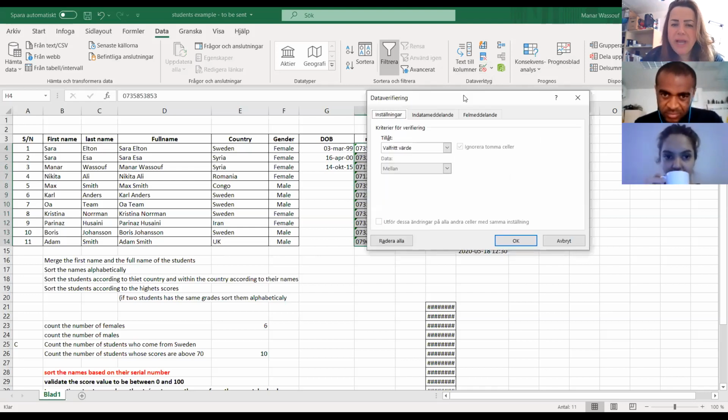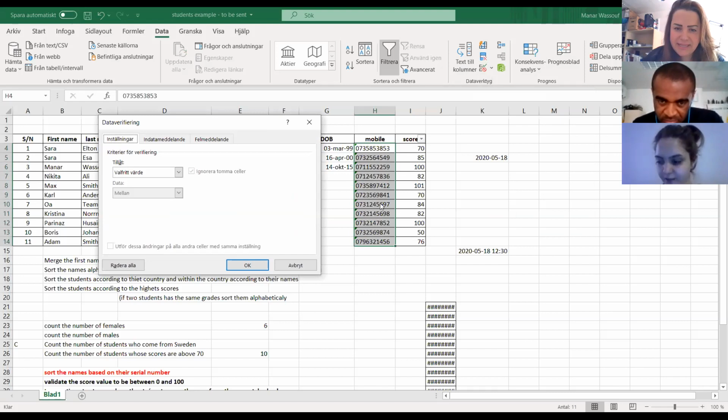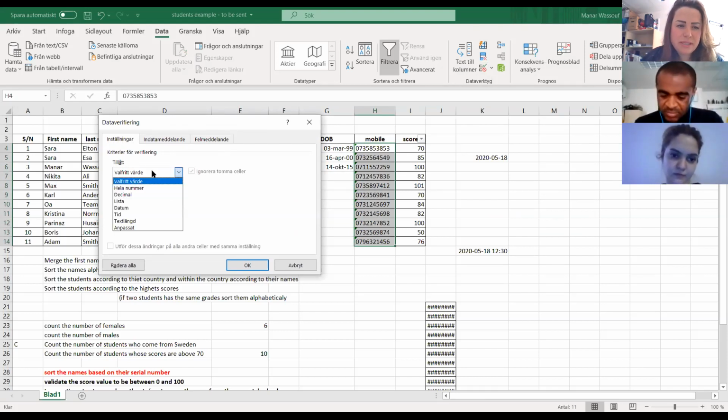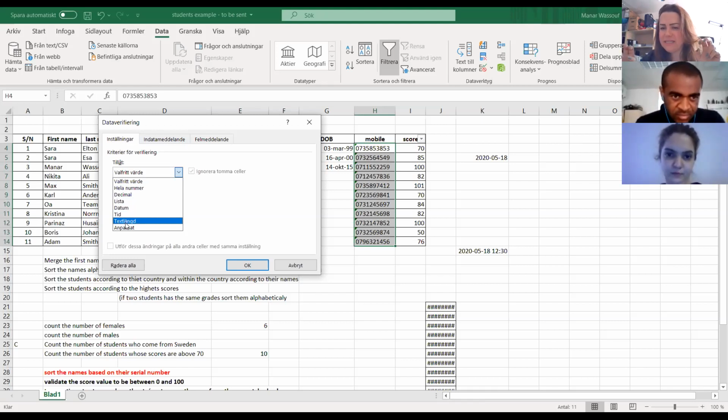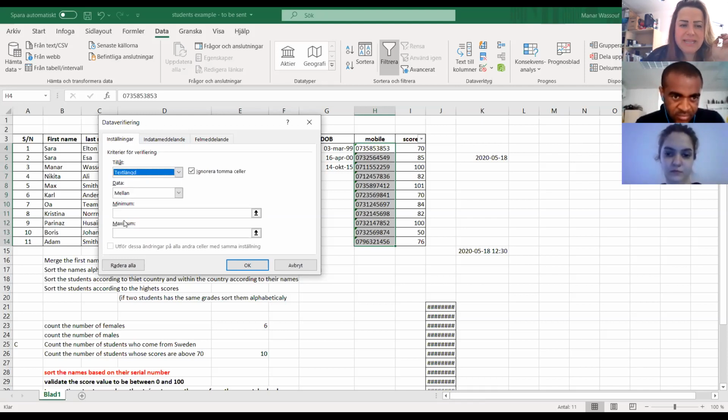So we highlighted the cells here, which are the mobile number. Now we go to settings and we choose the text length.